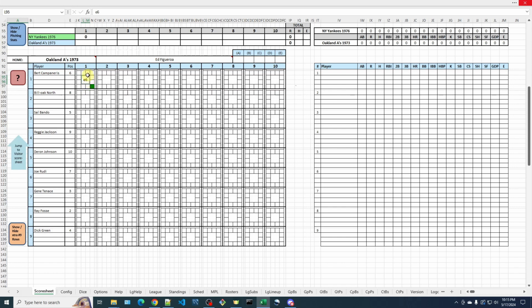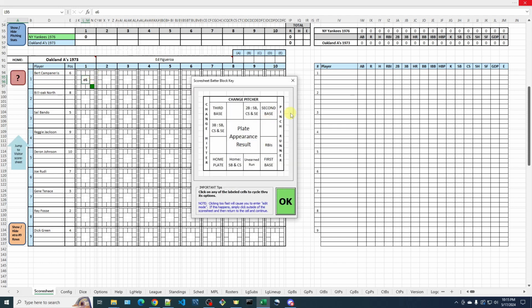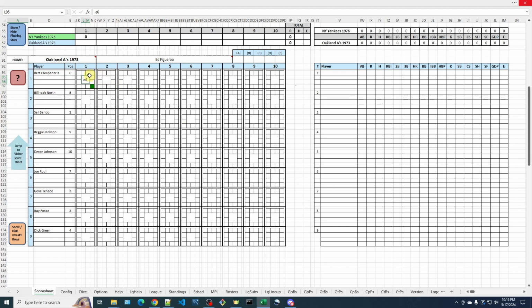Now Bert Campaneris is going to steal second base. So again, if we look at this, this is the second base for stealing. And what I'm going to do is click through. If I click here once, it'll show that he was safe. So SB for stolen base, and he's safe at second. If I click it again, it says CS for caught stealing, and it shows that he's out at second base